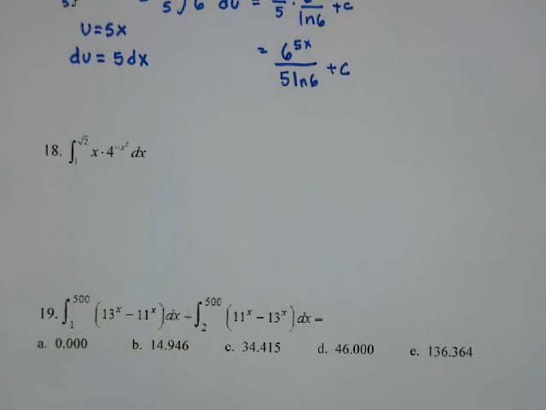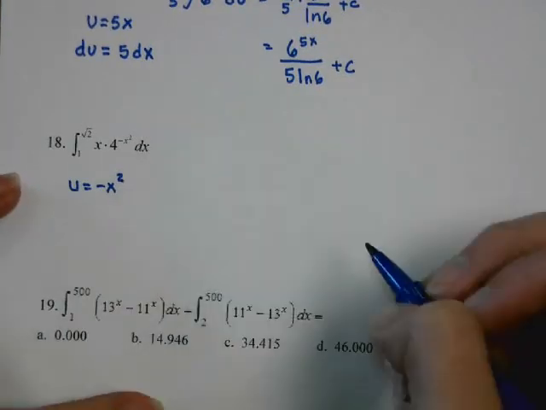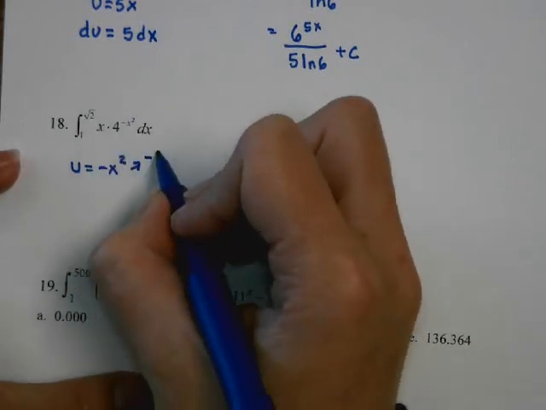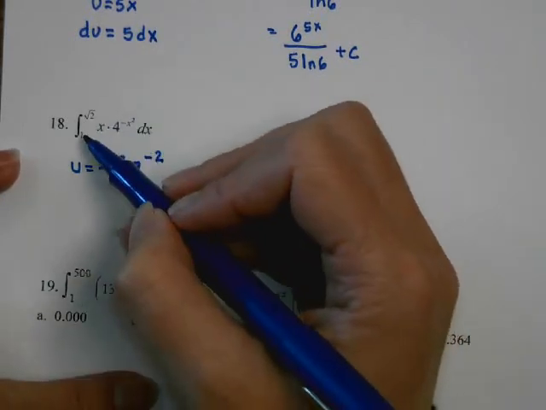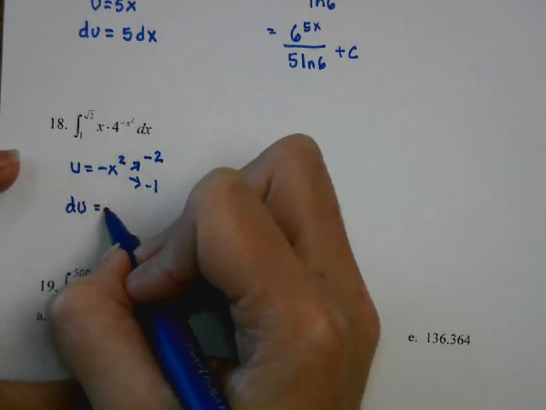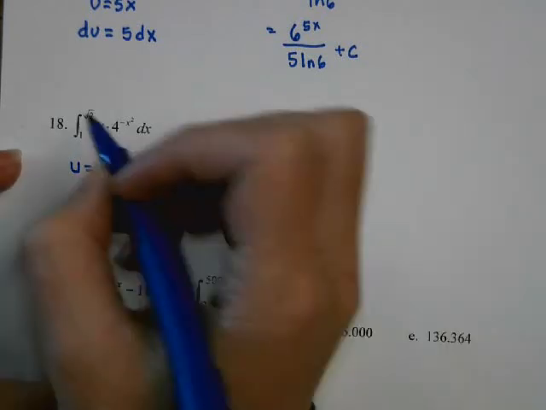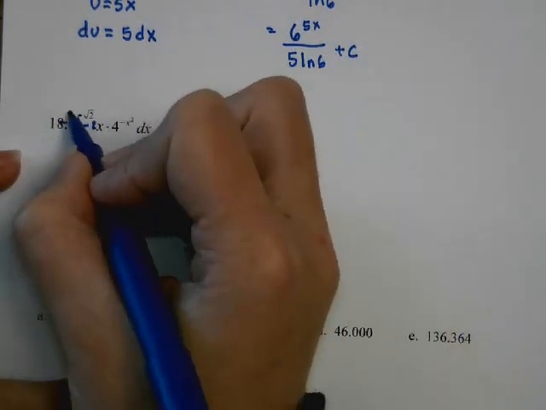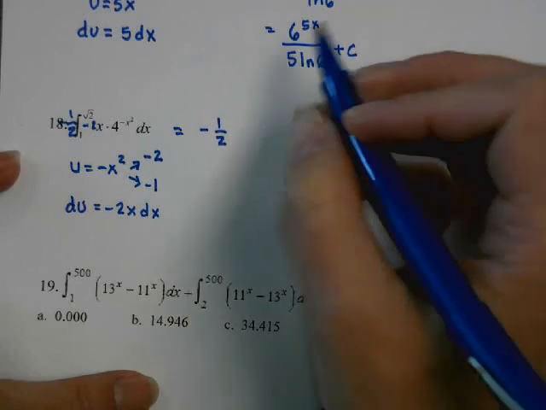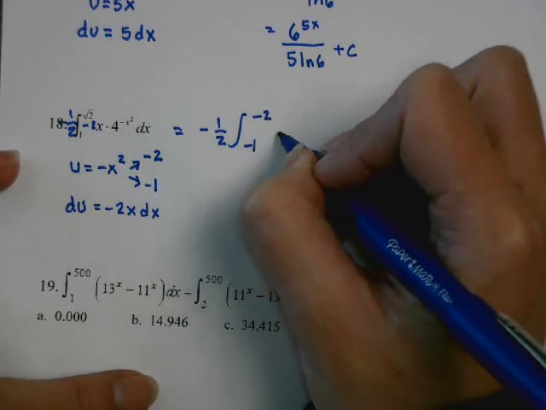Next one here is a definite integral, so I'm going to let u equal negative x squared. Change my limits of integration. So negative x squared, if I plug in root 2, is going to be negative 2. 1 is going to be a negative 1. du is going to be negative 2x dx. So if I want a negative 2 in here, I need to multiply by negative 1/2 on the outside. This is going to be negative 1/2 times the integral from negative 1 to negative 2 of 4 to the